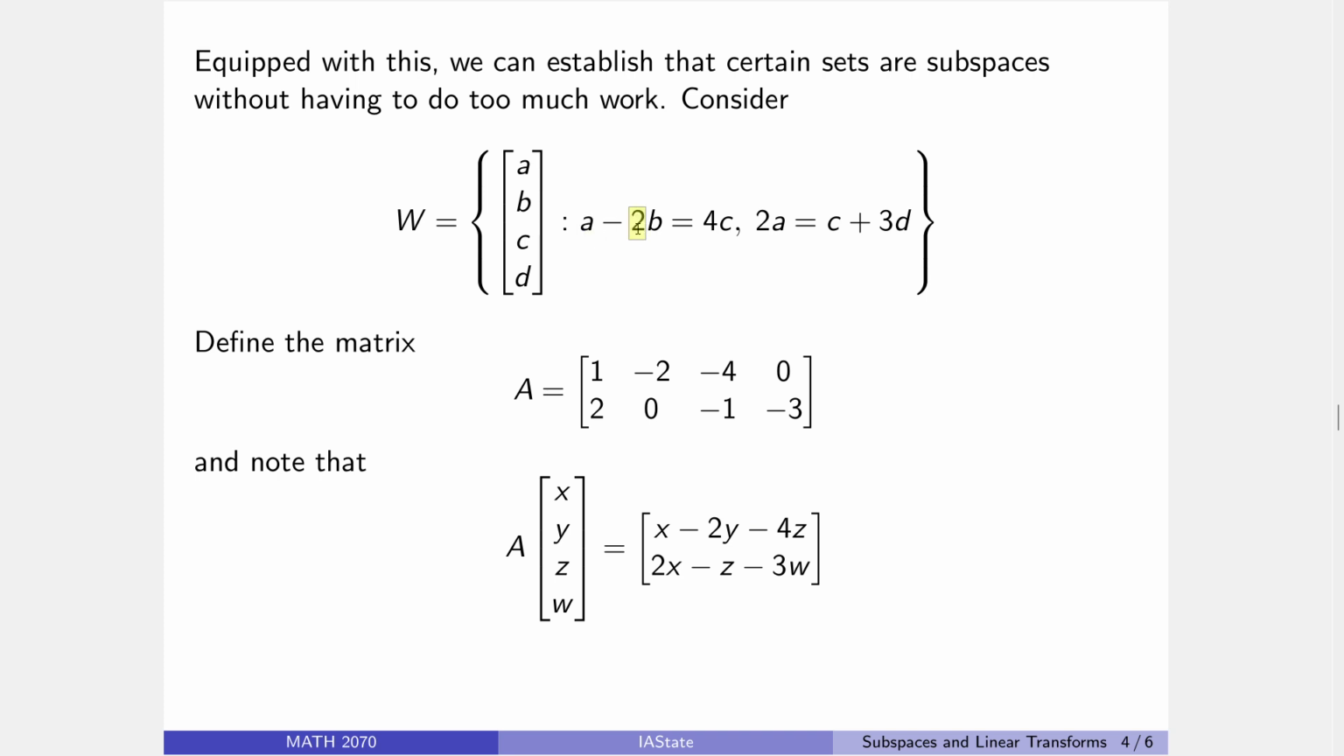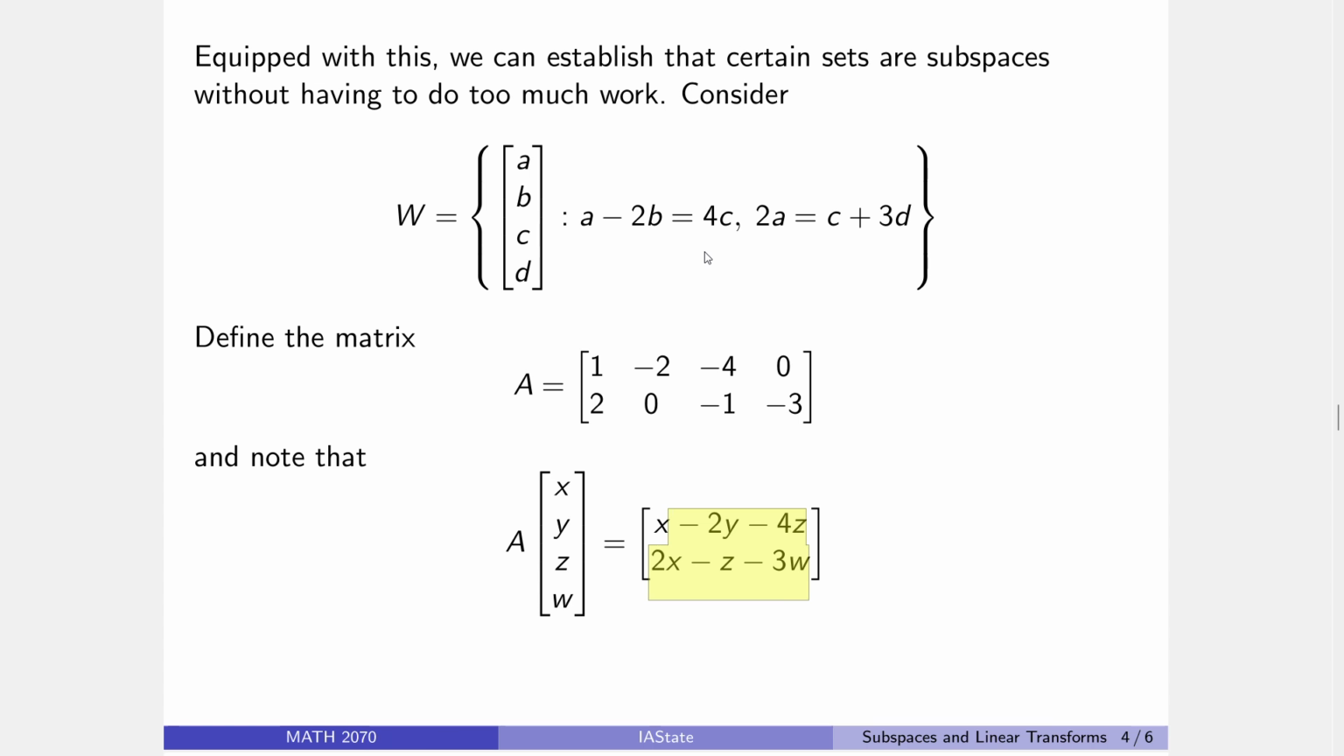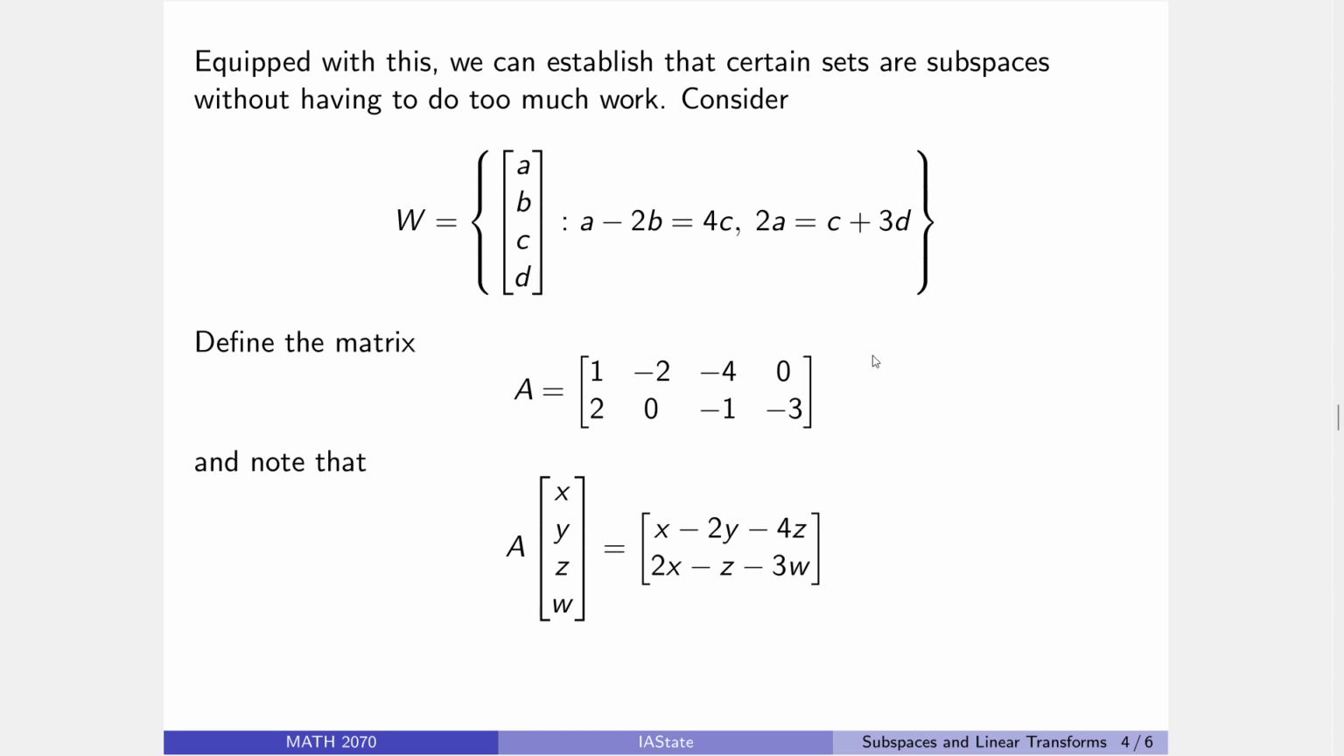note A, -1, -4, no D, and note the negative because it's on the other side of the equal sign, 2A, no B, -C, -3D. Well, then if I take A and multiply it by the vector x, y, z, w, I get the expression x minus 2y minus 4z equals 0, 2x minus z minus 3w equals 0. So, wouldn't you know it, W here is precisely the null space of my matrix A,